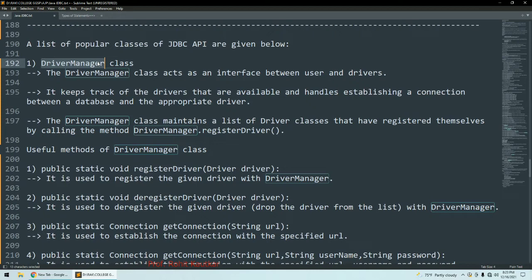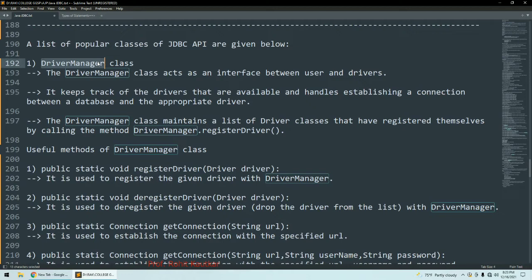database and appropriate driver. So loading the drivers appropriately according to whatever program we are writing, according to which database we are connecting our Java program. So DriverManager class basically does all that task. Okay, so maintaining the list of drivers that are available, establishing the connection, act as an interface between user and drivers.